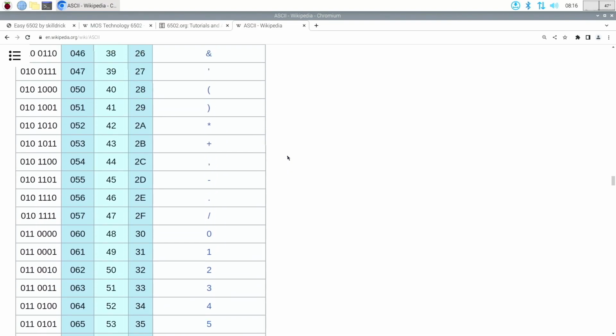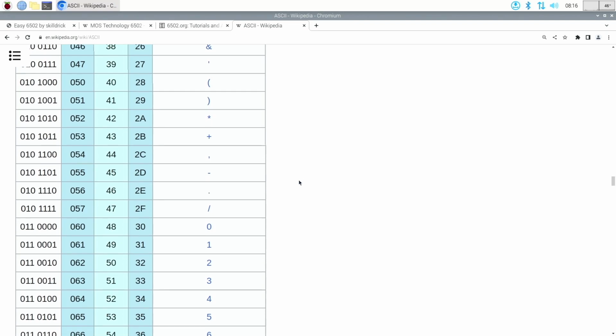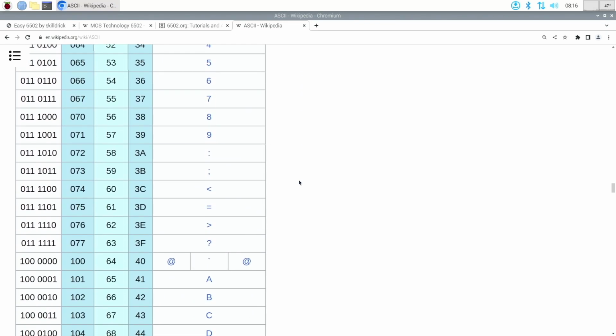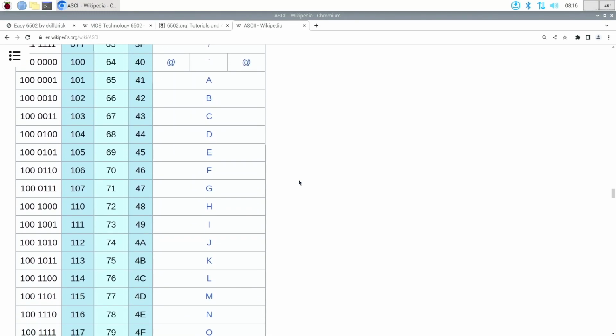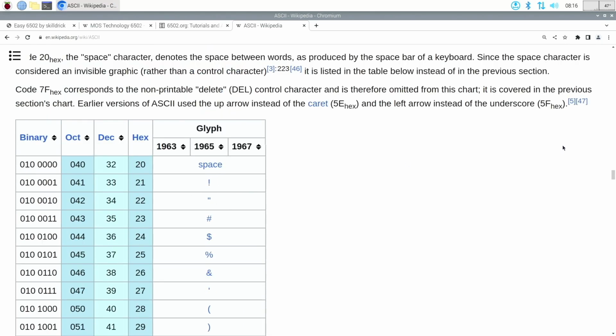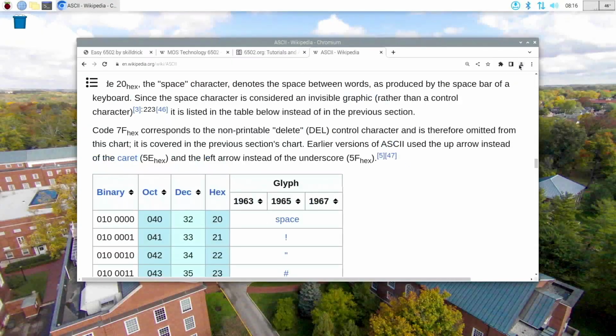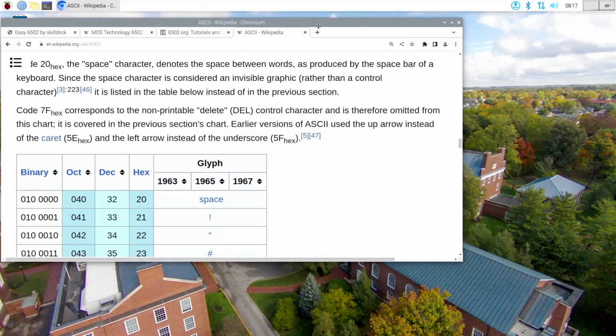So all of those characters are there, comma, dash, period, slash, numbers, and so on. And then for our purposes here, starting at 41 hex is where the alphabet begins. All right, let me put this over here